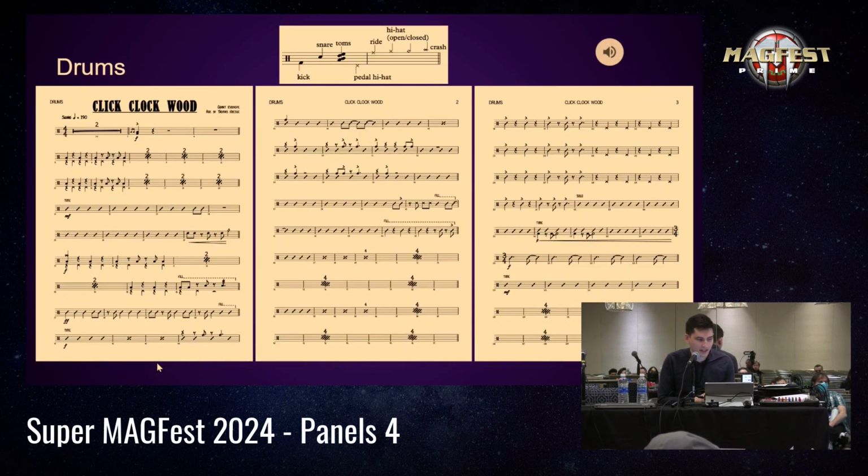So here's an example of it actually happening in a piece of music. Quick note about this key at the top. There's more than one way to notate drum set. Different drummers will give you their own opinion. So what I have here is just one example, and you don't need to label the things they're playing. They'll figure it out. If you have a different thing you like more, then go ahead and do that. But the only thing that's really universal in drum set notation is probably the snare drum being on the third space and the kick drum being somewhere on the bottom space or line. Everything else is a little bit